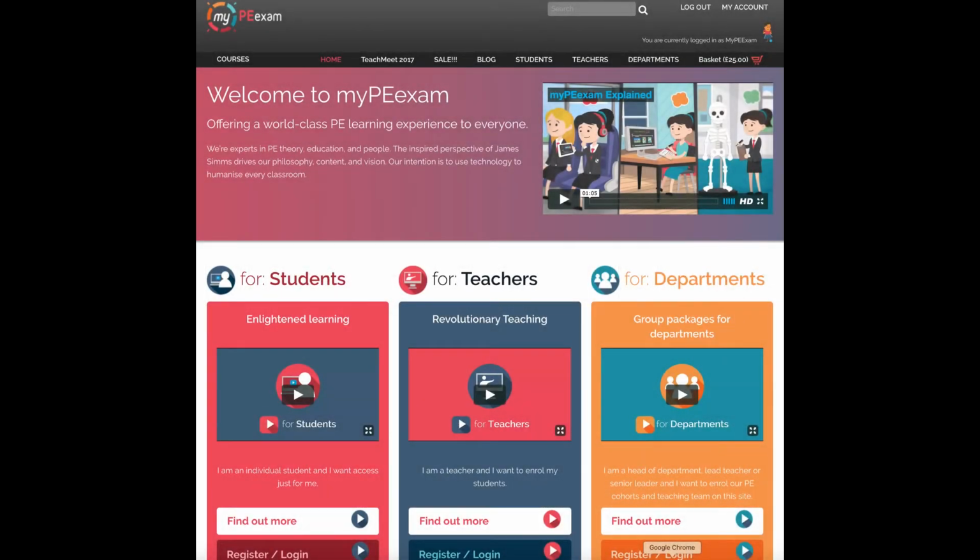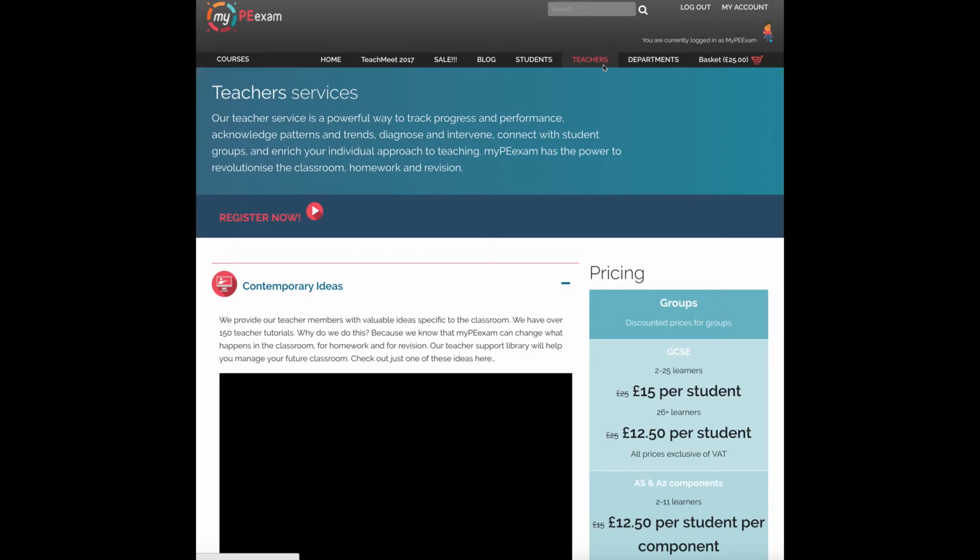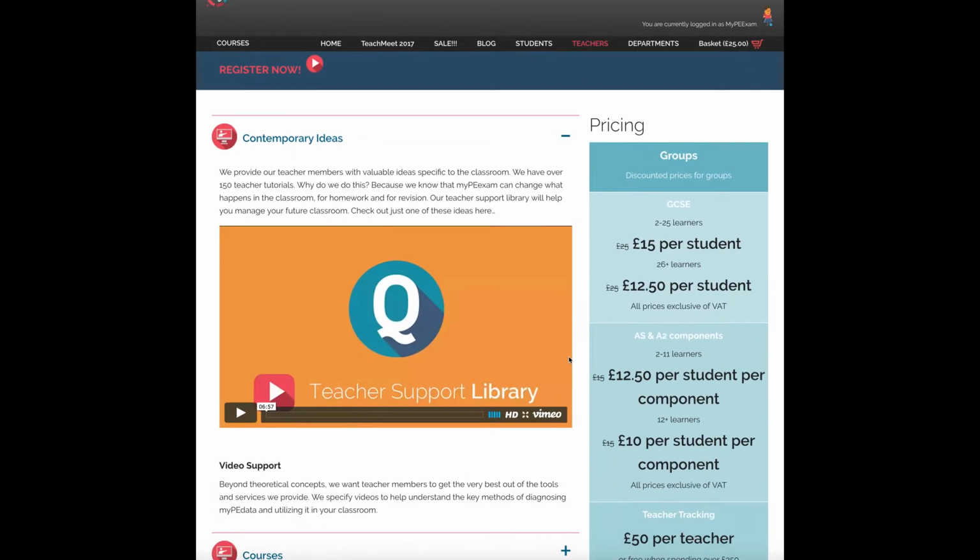So we're on the last part of this little demo, and we're going to have a little look at pricing. I'm going to assume we're teachers and heads of department out there, so I'm going to go to this teacher page and show you how the pricing works on the site and what you can expect to be set back for using the website. So let's go through the different ways.